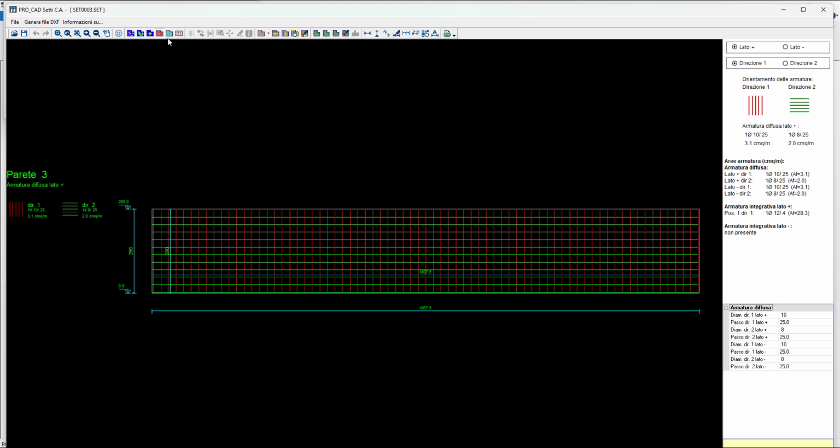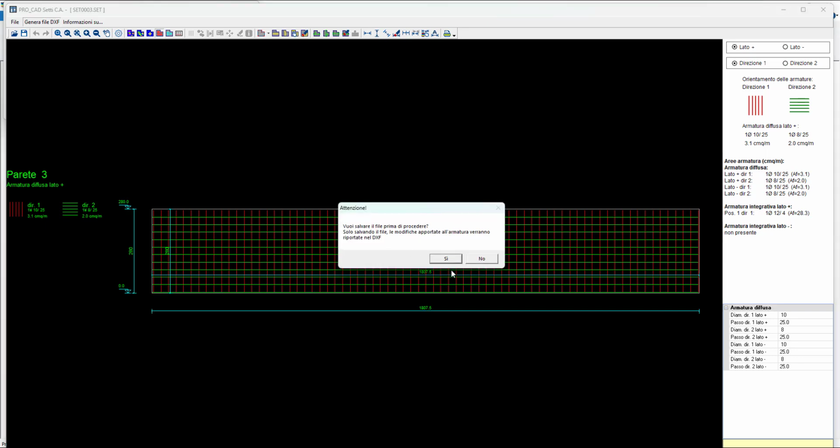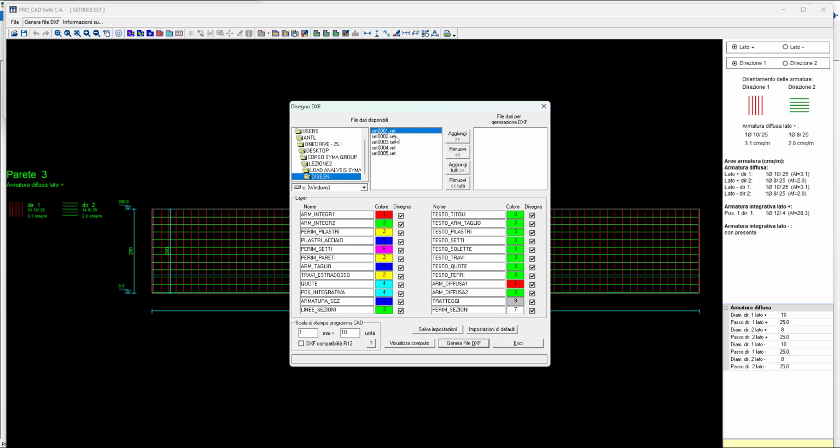Okay. Here, when you click generate DXF file, yes, here you see that you have other files. So you already have them. And if you select all and move to the right, when you generate the DXF file, you'll find each wall in the same file. Of course, this is suggested when you're okay with the design result. If you have to modify each single wall, it's better to do it one by one.